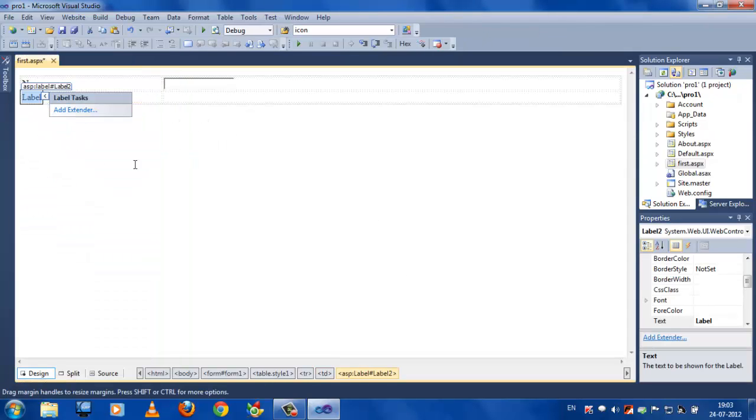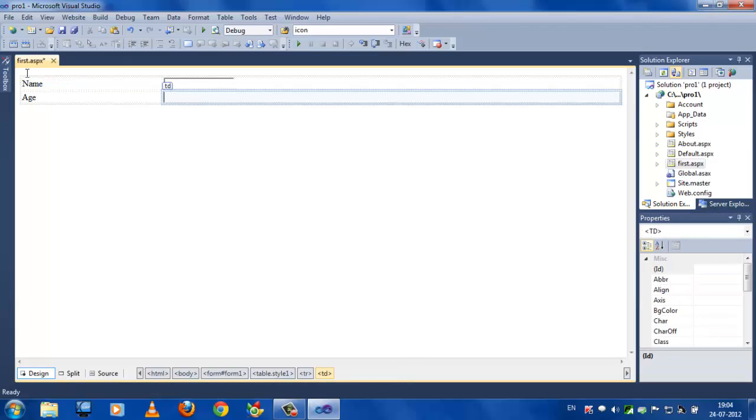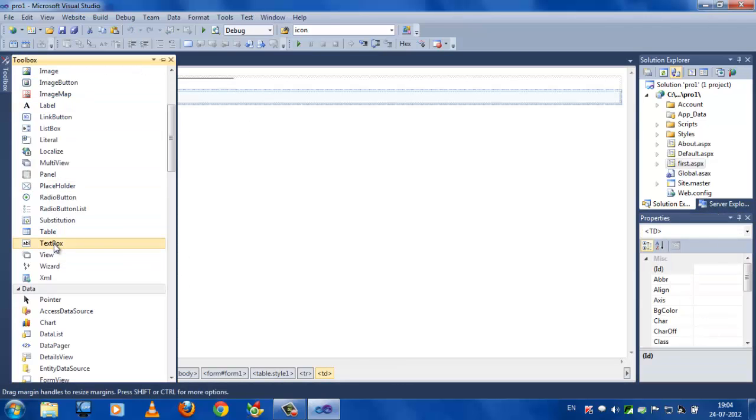For example, we are giving and name it as age, and another text box to get the value of age,